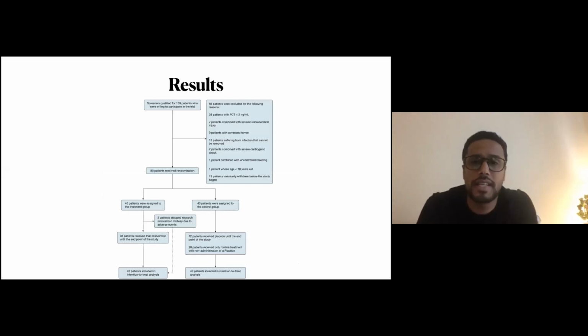So this was a single study that was done in China. They screened 159 patients, and they had 80 patients who were enrolled in the randomization, divided into 2 equal groups, 40 patients who will receive the treatment, and 38 at the end received the treatment. And for the other group who received the placebo, which was 40 patients,